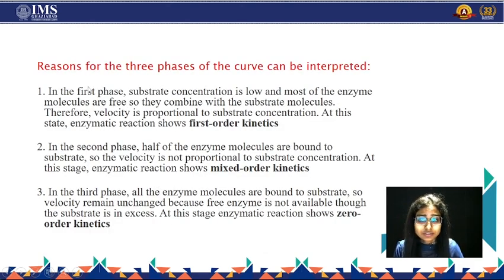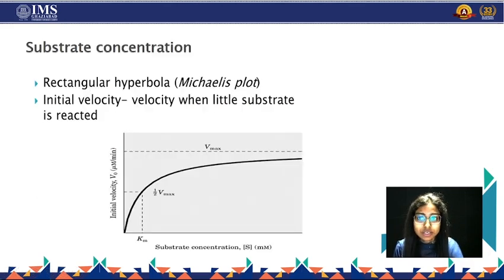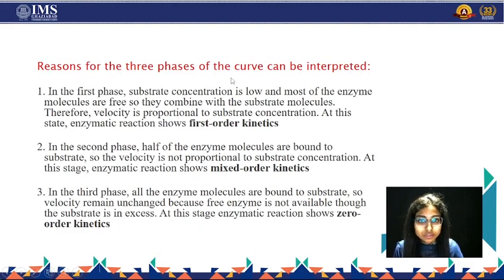Next, there are three phases of this graph, initial velocity against substrate concentration. The reason for the three phases of the curve can be interpreted. In the first phase, substrate concentration is low. Most of the enzyme molecules are free, so they combine with the substrate molecules, and at this stage the enzymatic reaction shows first order kinetics. In the second phase, half of the enzyme molecules are bound to the substrate and it shows mixed order kinetics. In the third phase, all the enzyme molecules are bound to the substrate, so the velocity